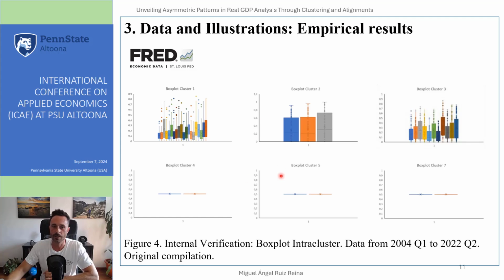Figure 4 illustrates the box plots for internal verification across the clusters. These box plots provide a clear depiction of the distribution and variability within each cluster based on DTW alignments. Clusters 4, 5, and 7 are equidistant from the contemporary median, simplifying comparison among them. These clusters demonstrate a relatively high degree of consistency in their internal verification metrics, suggesting a moderate level of uniformity